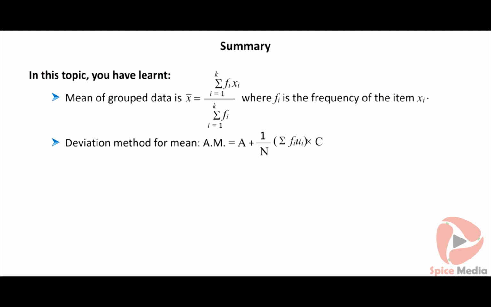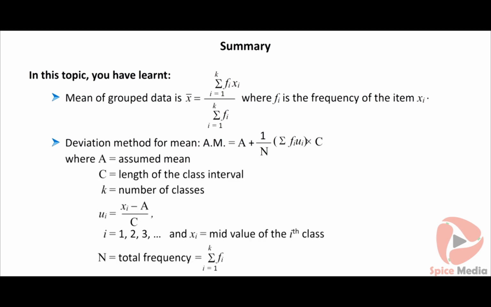Mean of grouped data is x bar is equal to sigma i is equal to 1 to k fi xi divided by sigma i is equal to 1 to k fi, where fi is the frequency of the item xi. Deviation method for mean: AM is equal to a plus 1 by n into sigma fi ui into c, where a is equal to assumed mean, c is equal